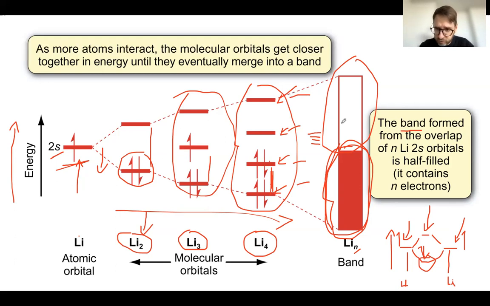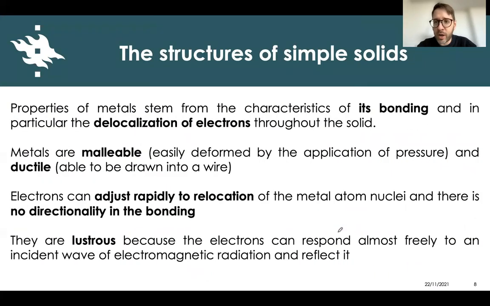So this is the scenario for a metal. We have the band here half filled in this case. And this is what gives the very interesting properties for metals. So many properties that we observe from metallic materials come from the bonding, or the formation of these bands of energies, and in particular, as a result of the delocalization of the electrons through the solid, because in these bands of energies, the energy levels are very close to each other, so the electrons can move freely along the solid material,